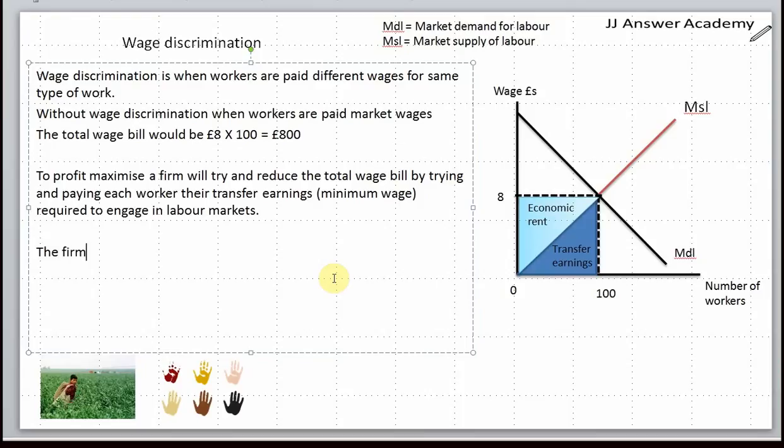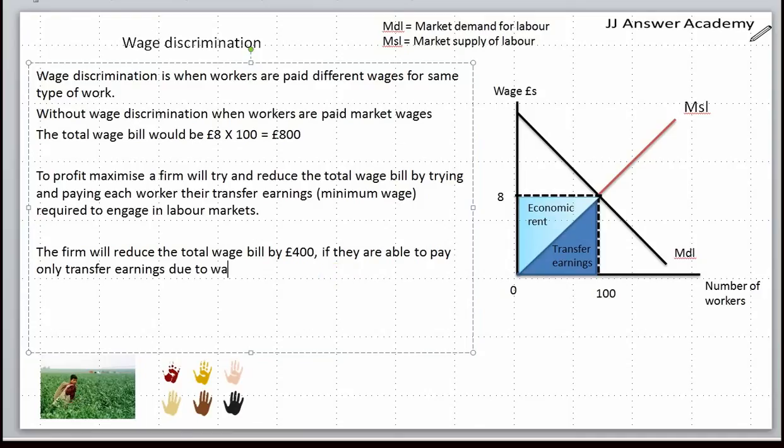The firm will reduce the total wage bill by £400 if they are able to pay only transfer earnings due to wage discrimination, and the profits